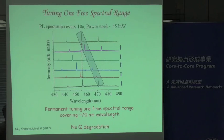This is the other very important thing, which is not a trivial thing. So if you start with a Q of about 3,000–4,000, you end up with the same Q at the end. Okay, so that's over 70 nanometers of wavelength. All right, so